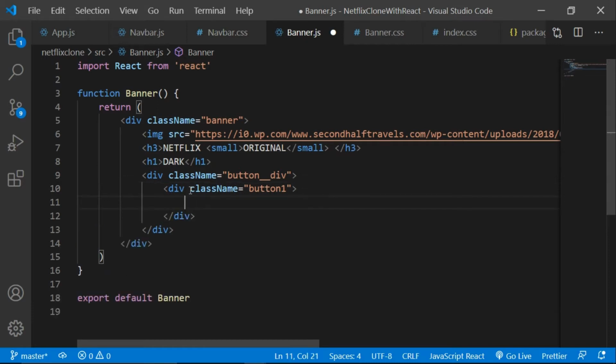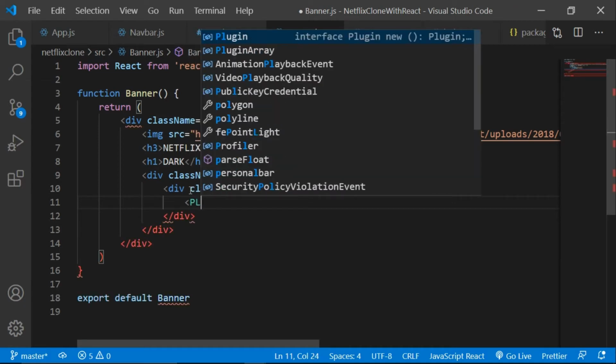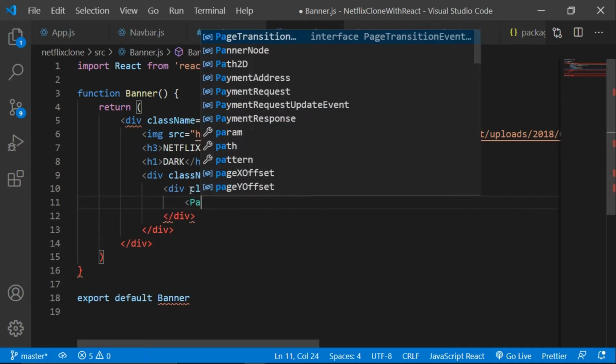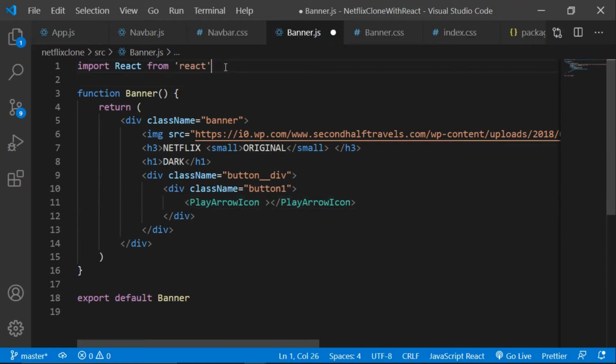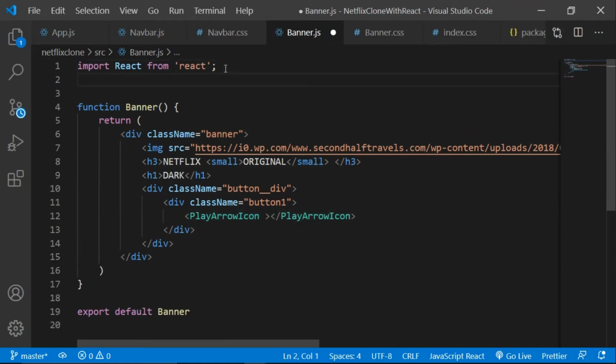Hit enter and let's add a Material UI icon here, which is the play arrow icon. Added this play arrow icon here and I think it's fine. Okay, and the auto import isn't working, so I'm simply gonna paste it here.